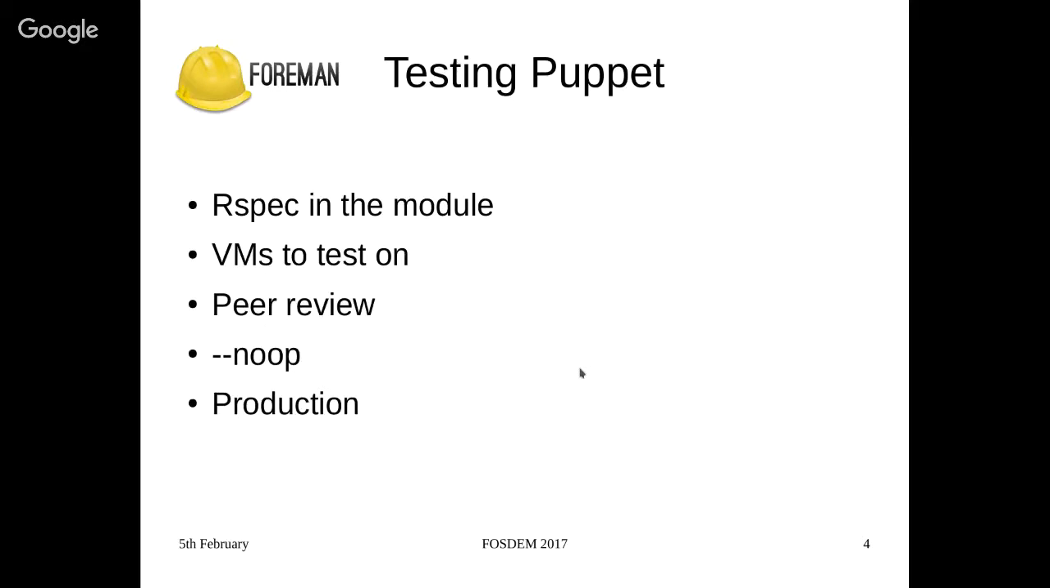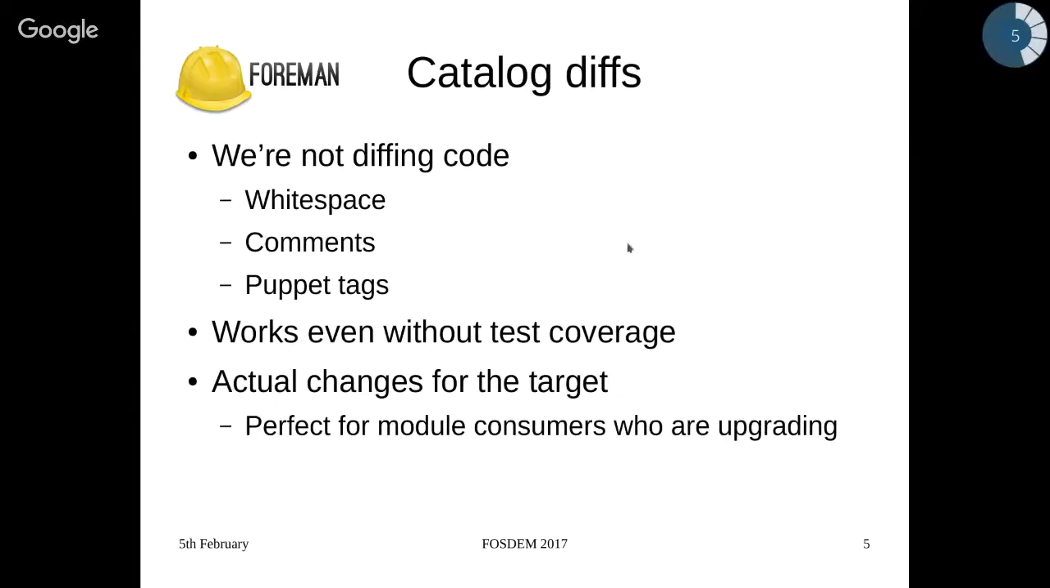So catalog diffs are a different way of looking at Puppet. We're not diffing the code. We're compiling the code for a machine, and then we're diffing that in two different environments. This means you're not seeing changes in white space, in comments, in Puppet tags, any of that stuff. It works without test coverage because it's what actually would be applied by the Puppet agent,